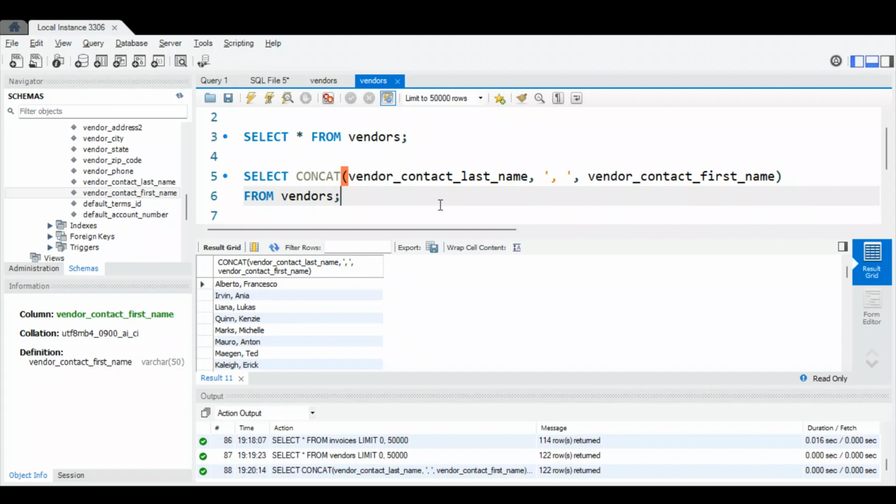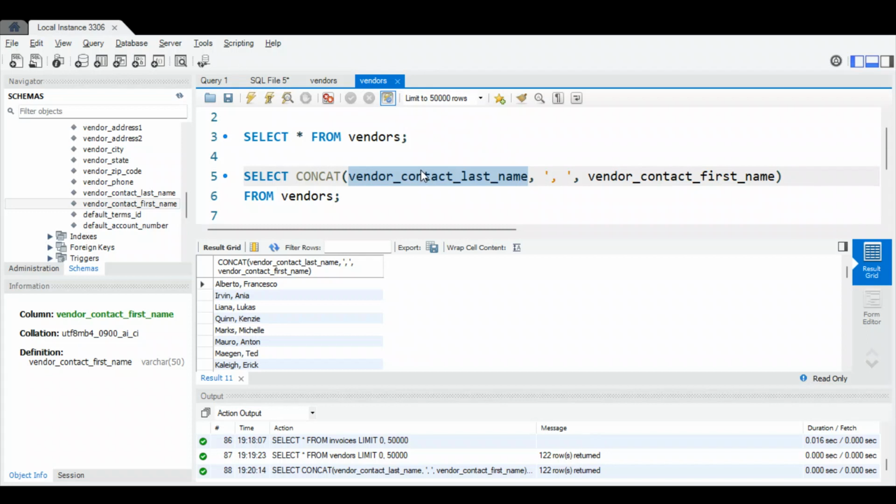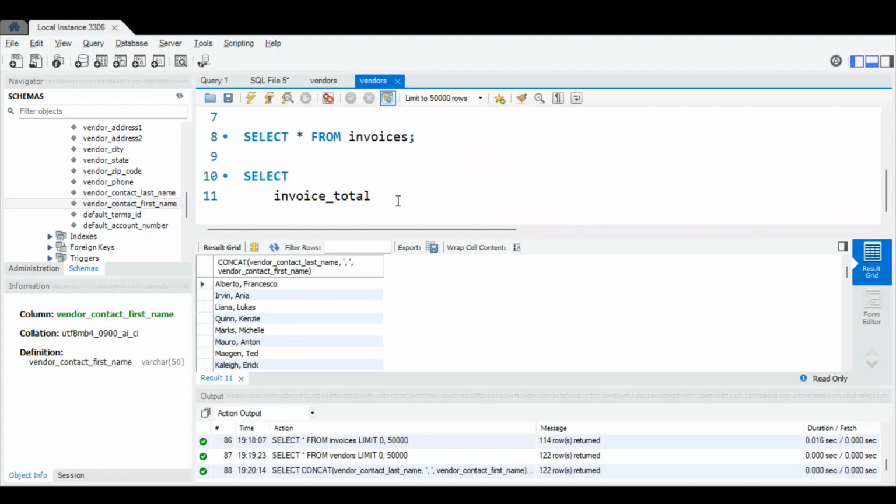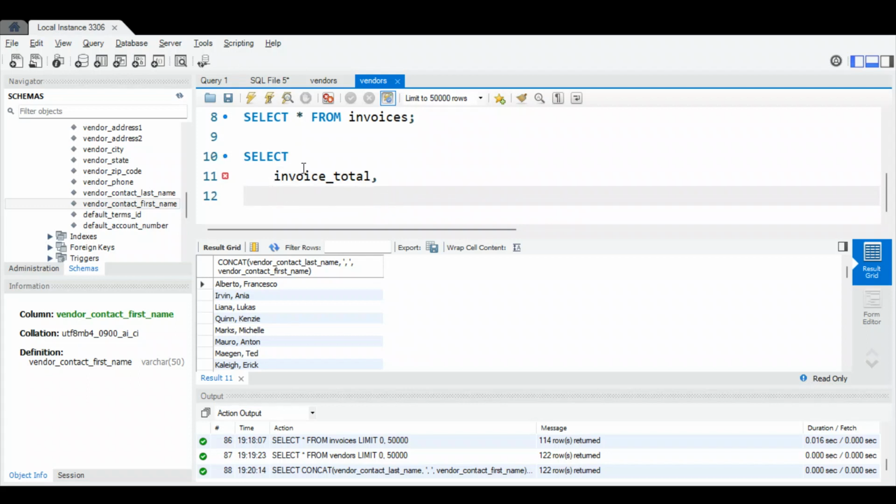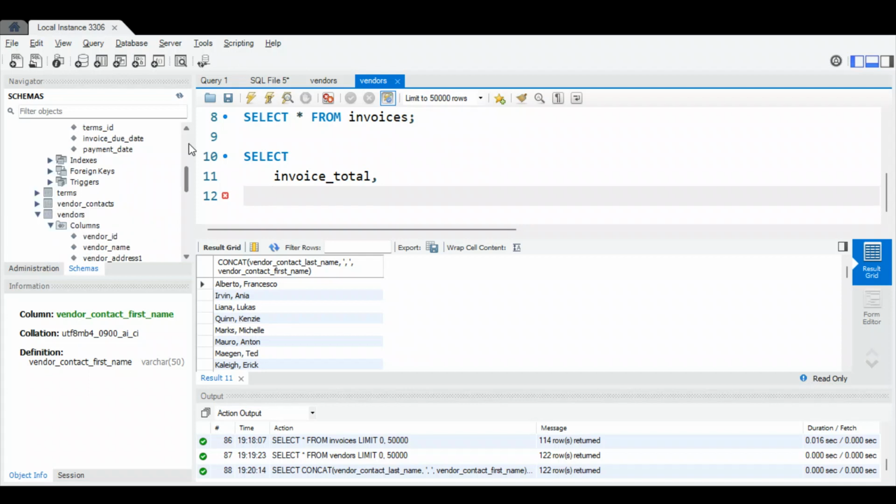So remember about that. If you've got these really long names or references to deal with, sometimes double clicking on these and just having the tables open over here so you can do that can be a help. So anyway, I was in the middle of doing this, bringing in a select invoice total, and next up I want to go back up to invoices, I want payment total,